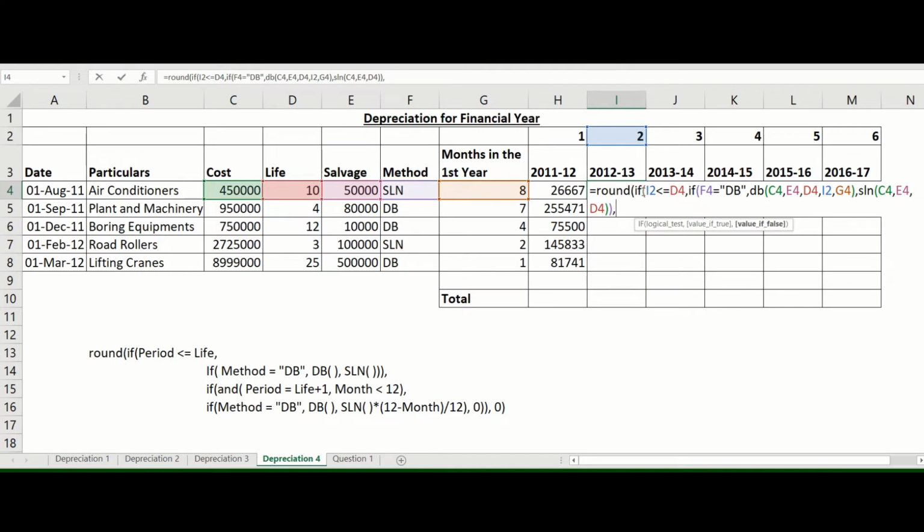If my value is false, then if my period is equal to life plus 1, put them in brackets, comma, my month is less than 12. I close my AND function, comma, value if true, I check my method. If this is equal to DB, I perform the DB function,